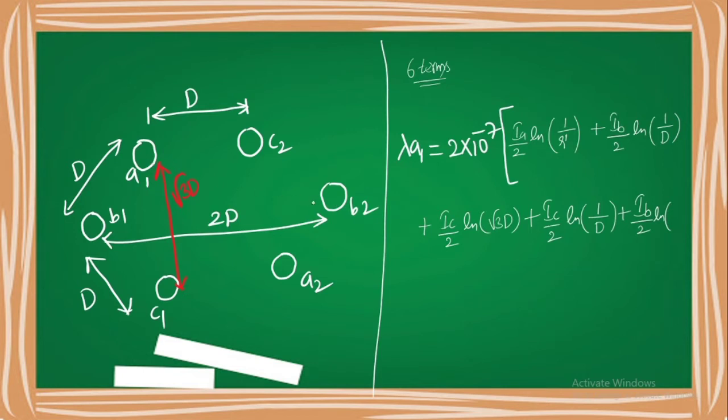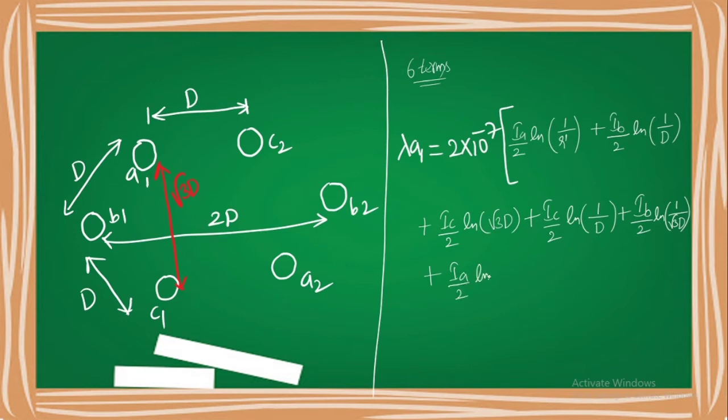Again these are alternate corners, right? When you have one conductor in between these two, we can consider these as alternate corners and we can take the distance as root 3 times D. So it is ln of 1 by root 3 times D plus, what is the last current? The current flowing through A2, and it is again half of the phase current IA.